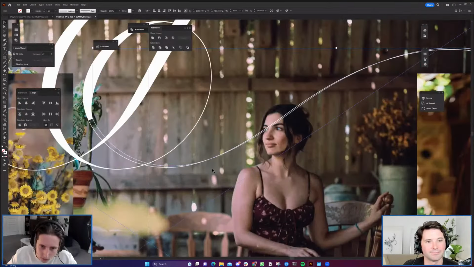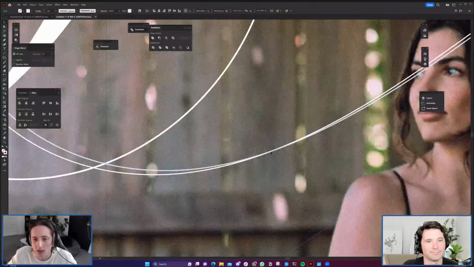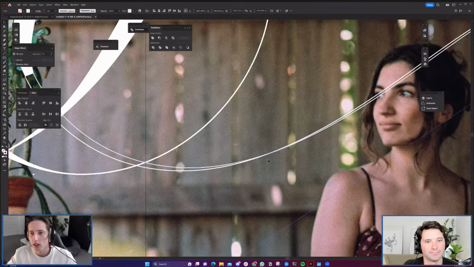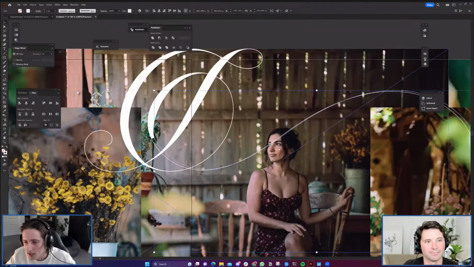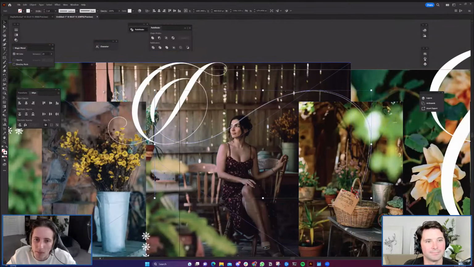Okay, it's going to go from like really thin. There's actually a little bit of crossover here, which I don't mind, but it might be a bit too thin. So,